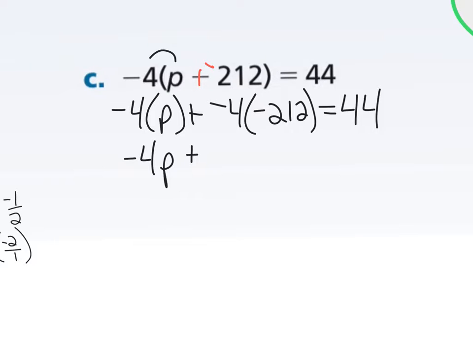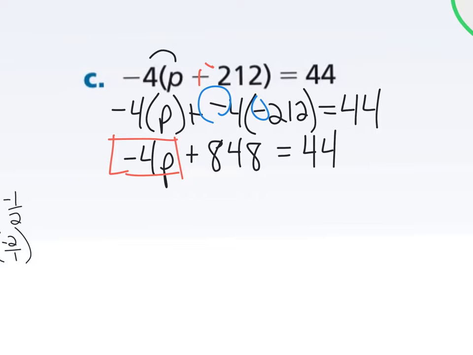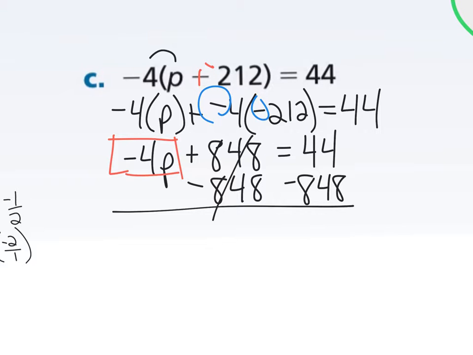When we do this, we're going to have a negative times a negative, which would be positive. We'll do 4 times 212 is... okay. And now we're trying to get that variable term by itself. So we can see besides that they are adding, means we need to subtract this time. Okay, when we go to subtract that,